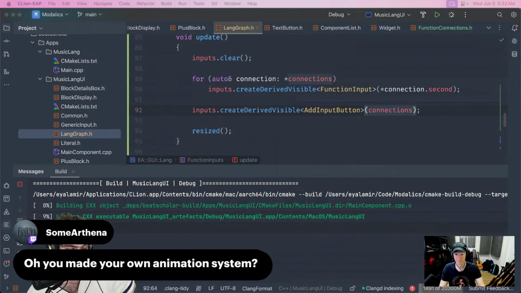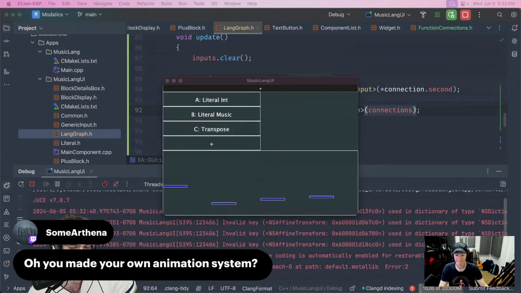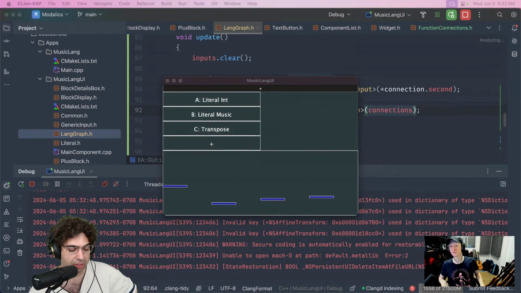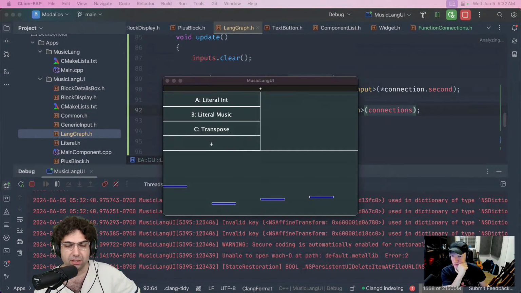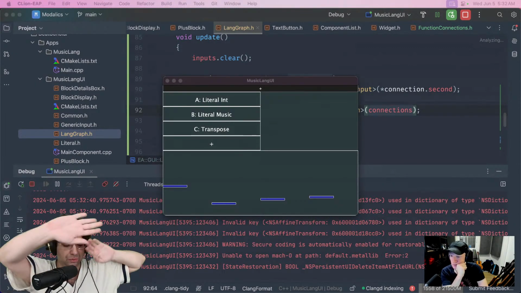So the question is, oh, you made your own animation system? Yeah. We had to. I don't know if you've seen how things in our previous products work. For example, something like Big Scholar for iPad has these smooth transitions when you switch between panels.